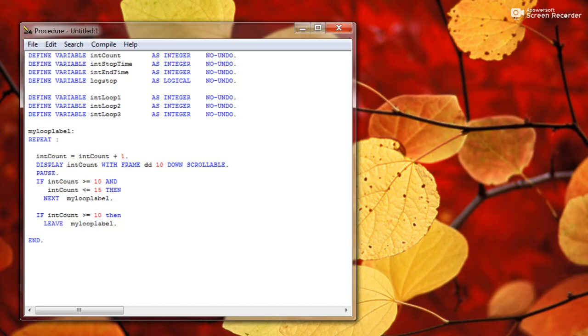What I'm doing is saying this label is a named reference for anything that happens between the next transaction scope. So in Progress, transactions